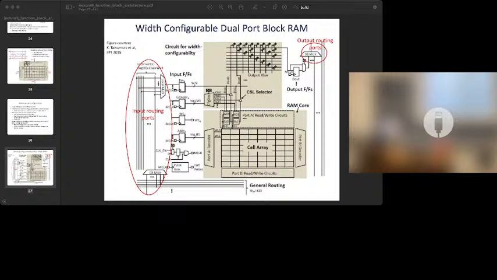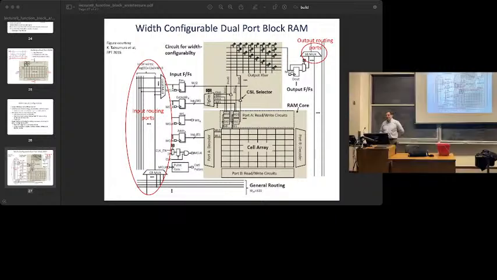And then, like I said, I didn't circle this. These things are one particular implementation, and if you're interested, you can go look at this paper to see the details. This is one particular implementation of that width configurable multiplexing, where a few SRAM cells in here are programmed by the CAD tool, and they basically decide,